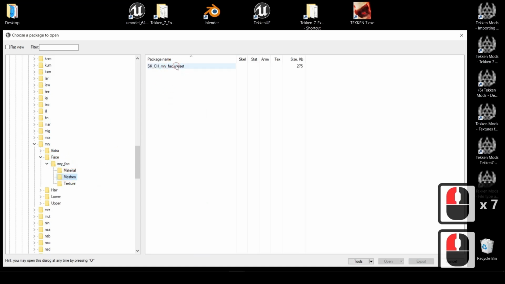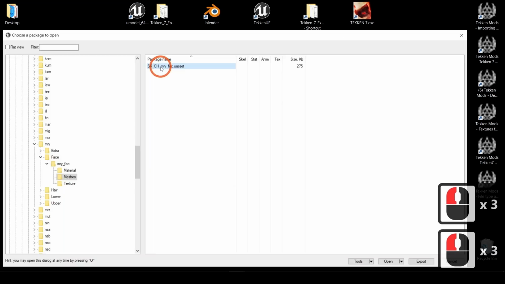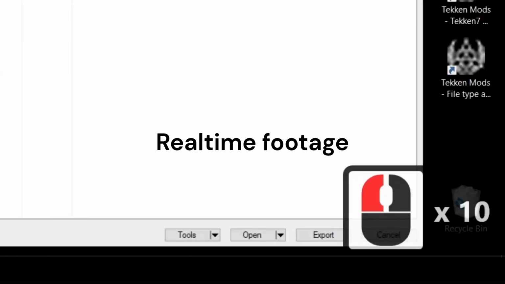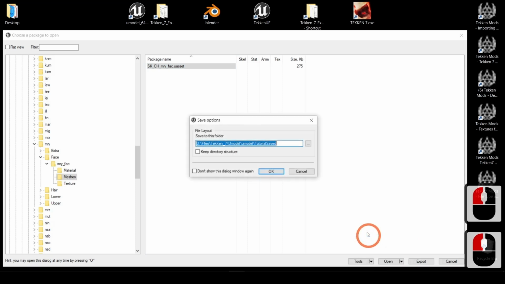So if you try to open it, and even if you try clicking fast to confuse umodel, it's just never gonna happen. To work around this, you gotta save the file first by going to the arrow next to tools and then selecting Save Selected Packages. I'm happy with the save path, and I'm not gonna bother with the directory structure, so